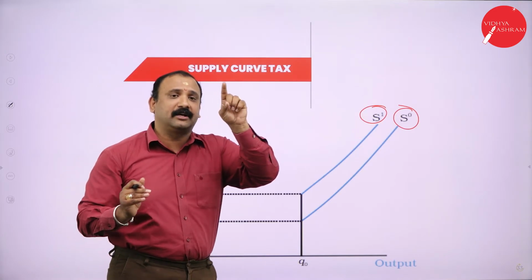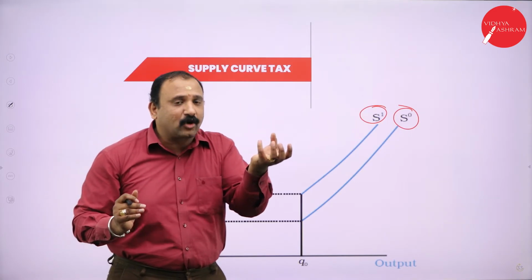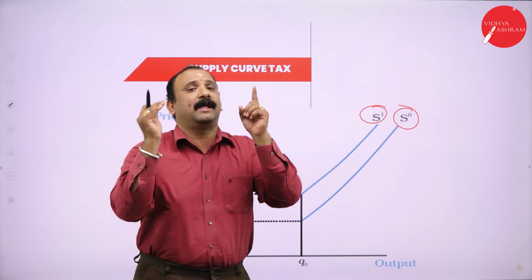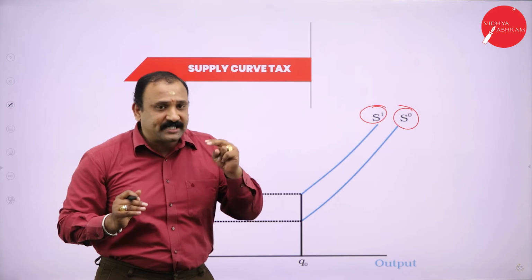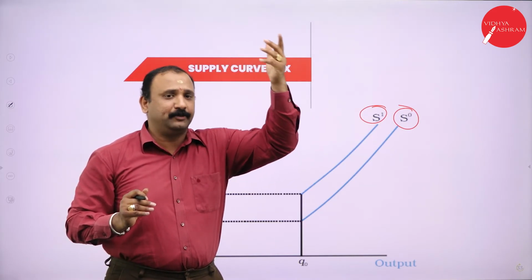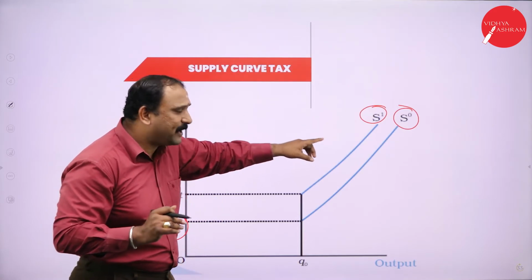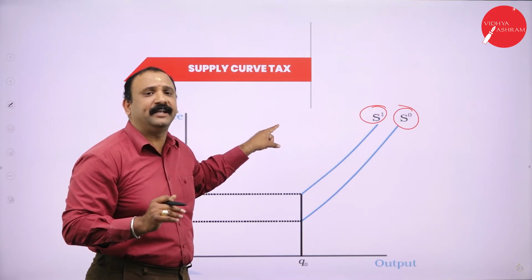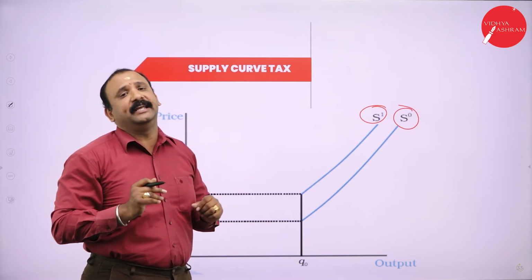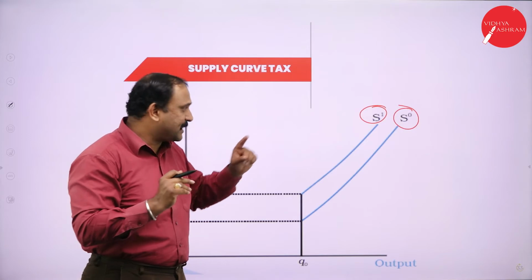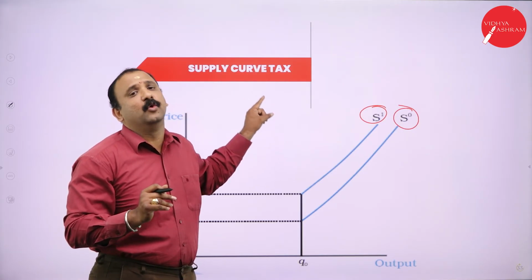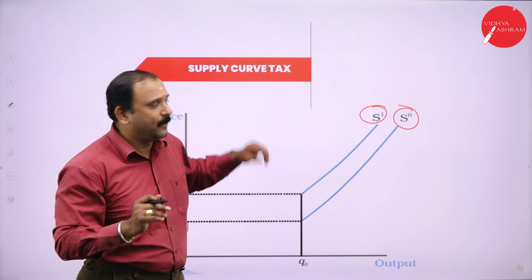Now what happens to the company is that, taking the cost factor of tax into mind, he will determine the supply altogether. Suppose the tax is going to keep on increasing day by day, or month by month, or year by year. Automatically there will be a disruption in the supply curve altogether. So we need to keep in mind at any given point of time, the supply curve has a direct impact, has a direct connection with the taxation system. Going forward,